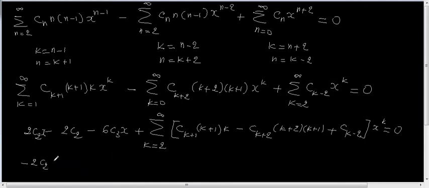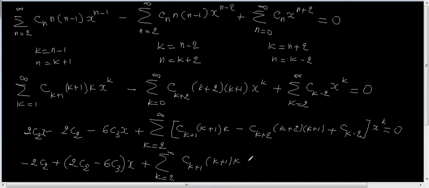In terms of x, we have plus 2c2 minus 6c3 times x, and then plus this power series starting at 2 to infinity, c_{k+1}(k+1)k minus c_{k+2}(k+2)(k+1) plus c_{k-2}, times x^k,